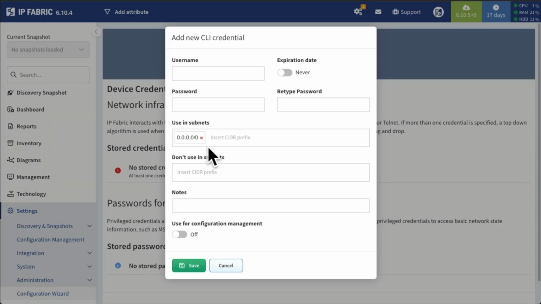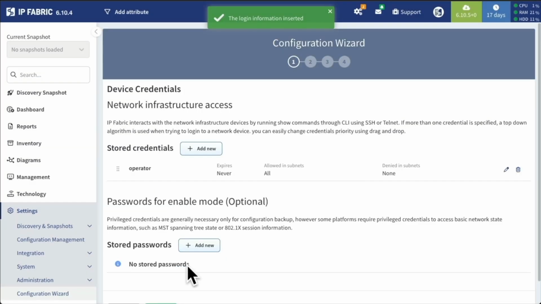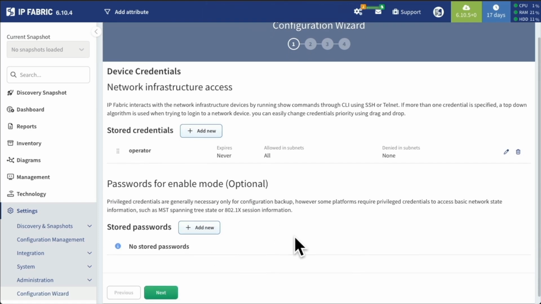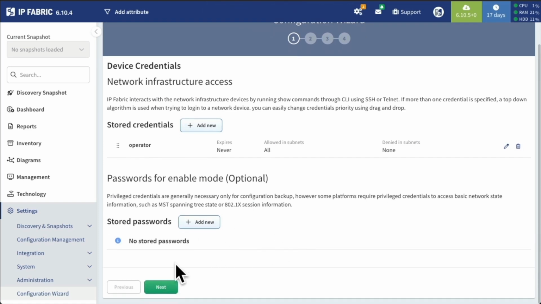So here we can add new CLI credentials, specifying the use of those credentials in particular subnets if you want to target specific areas of the network. We can enable the use of this for periodic configuration management and backup. We can go ahead and save these settings and move on to the next part of the wizard, where we'll